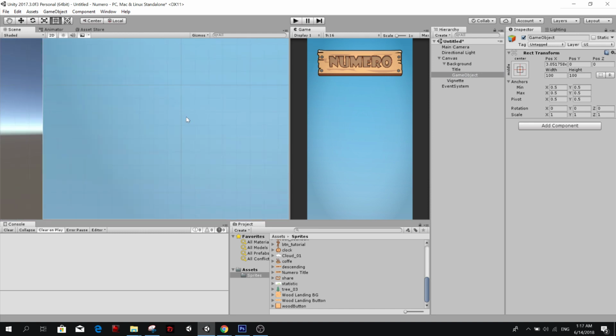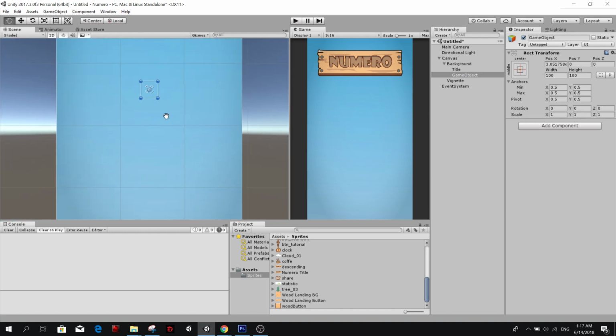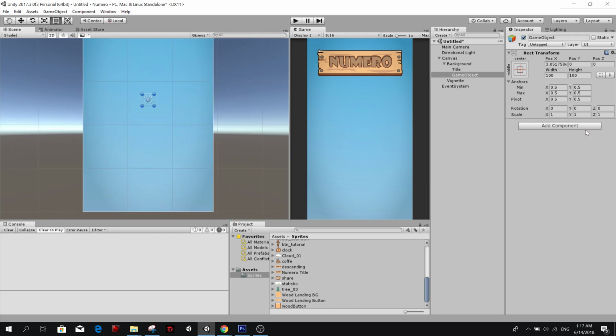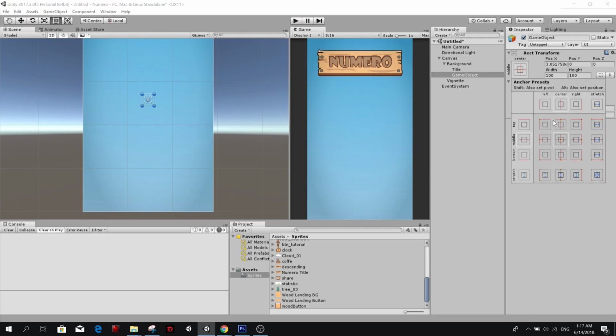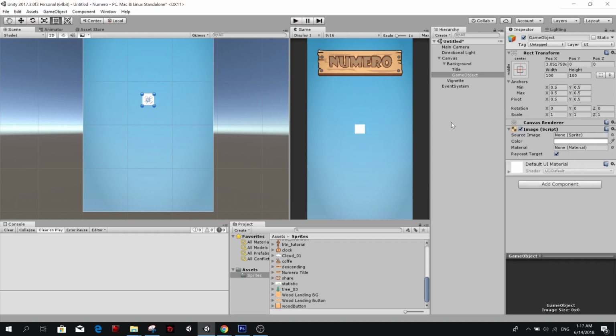This object is going to just be there. Okay, let's add an image so we can see it. I just want to see the size of the object.